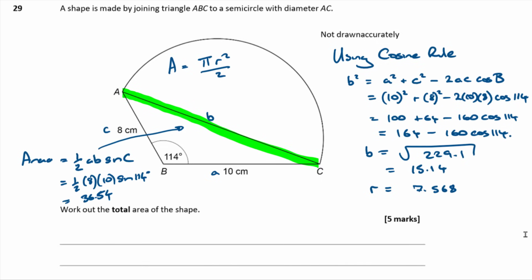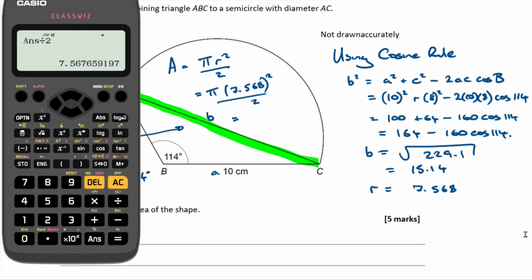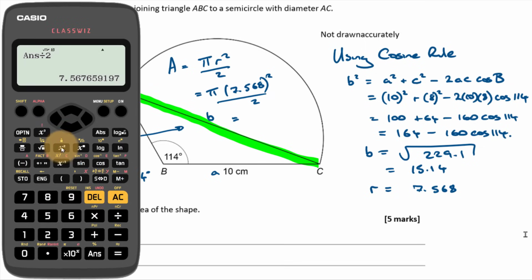So the area of the semicircle is going to be pi lots of 7.568 squared over 2, which is equal to, so that thing squared divided by 2 and times by pi. I make that